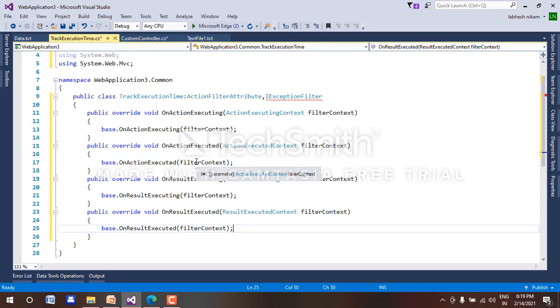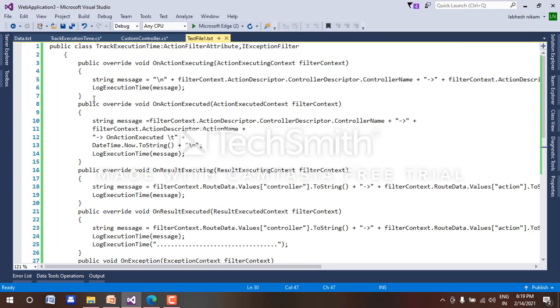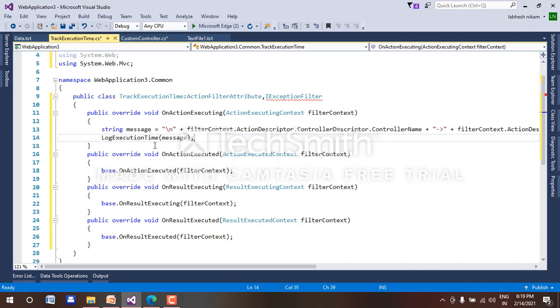In these four methods I will copy the code because it's too long and we have a time limitation. Saved, delete this, and we will create this string message for it. Let's paste it here.